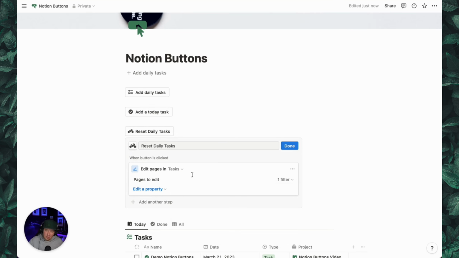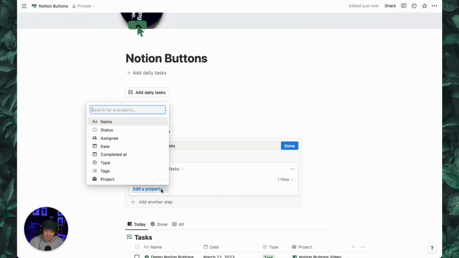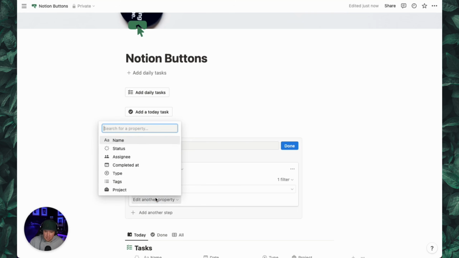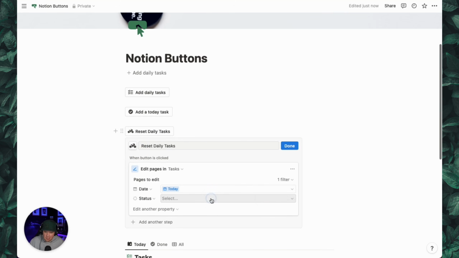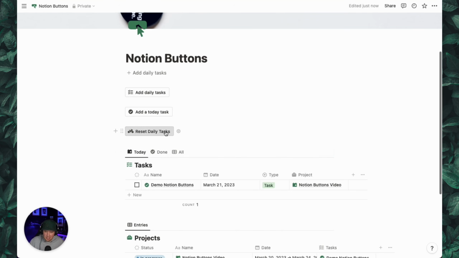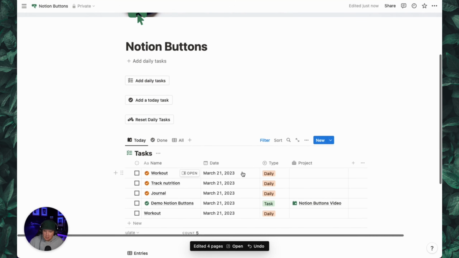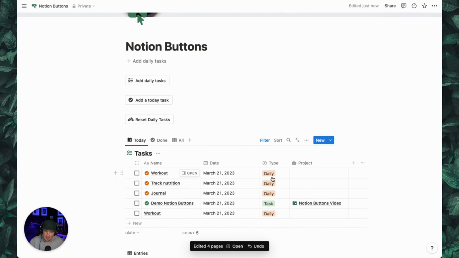So that'll find all of my tasks that are daily tasks, and then I can add another step to edit the property. So let's go ahead and edit the property, and we'll say that the date is today. And I'm also going to change the status to not started. So I just have to click done here. And now when I reset my daily tasks, it's automatically going to assign it to the current day and mark